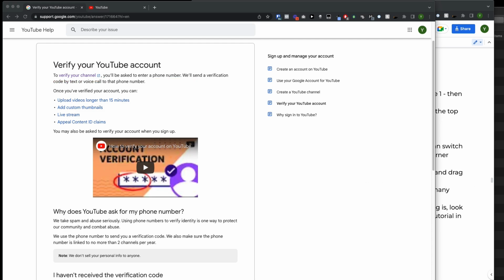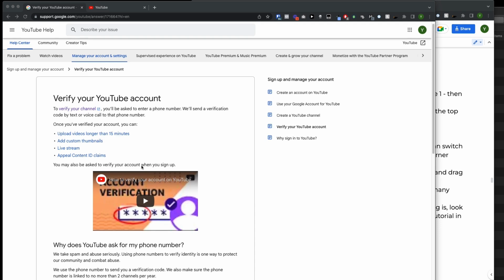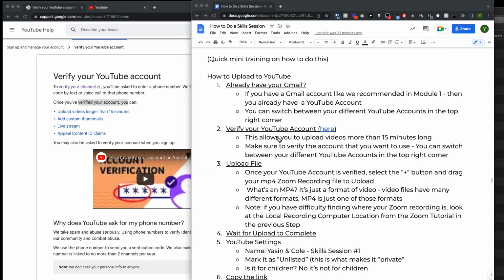And then on top of that, they have a lot of Q&A on here as well, specifically around how to verify your account, because once your account is verified, you can then actually upload videos that are longer than 15 minutes and do all this other stuff. Okay, so that's going to be very important as step number 2 for you to go ahead and actually verify